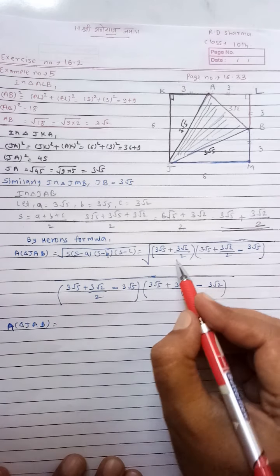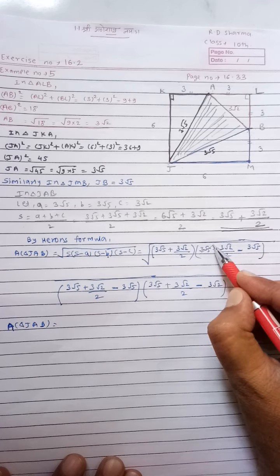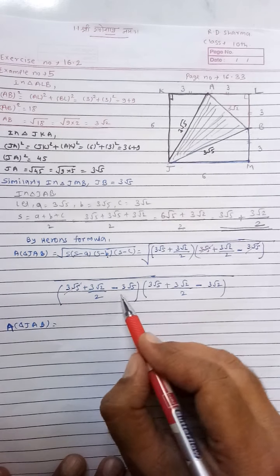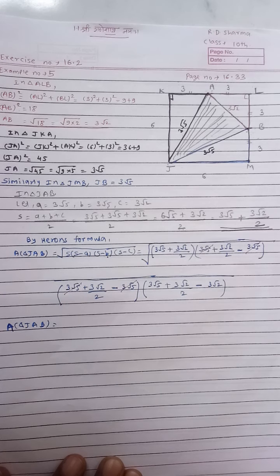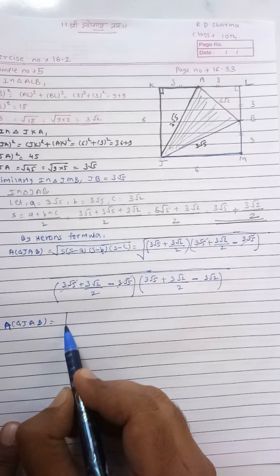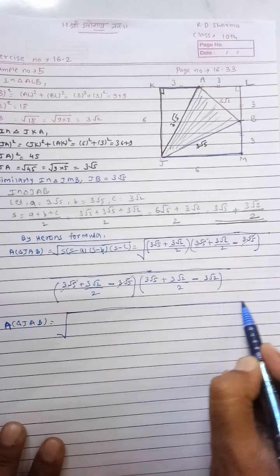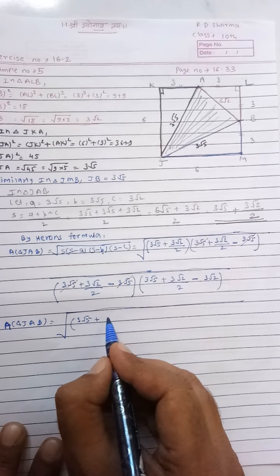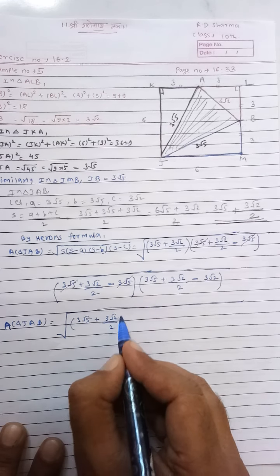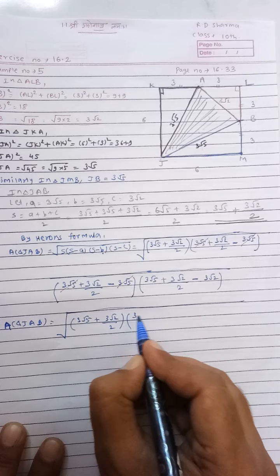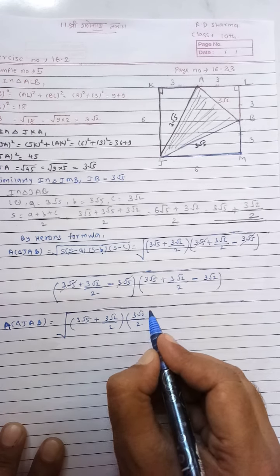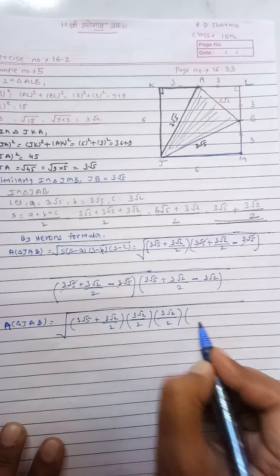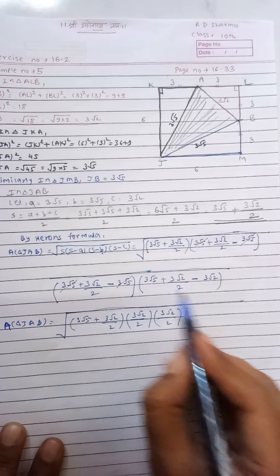Observe this step carefully. Here 3 root 5 is positive and 3 root 5 is negative, so both cancel. Here also 3 root 5 is positive and 3 root 5 is negative, so they cancel. What remains? Under root, 3 root 5 plus 3 root 2 by 2, into 3 root 2 by 2, into 3 root 2 by 2, into... here what is cancelled? 3 root 5 stays as it is,